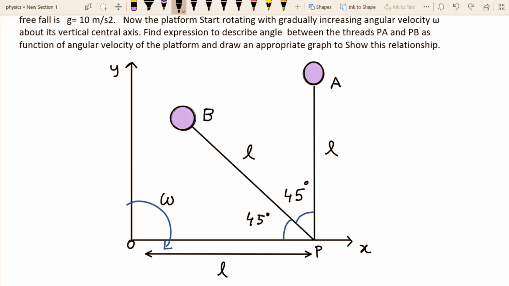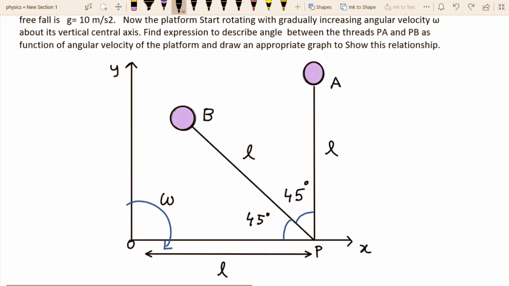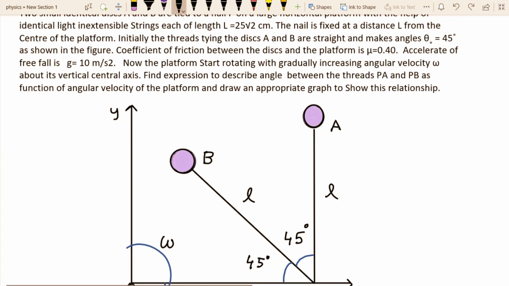First of all, let us see carefully what they are asking in the problem. They are asking for the expression to describe the angle between PA and PB as a function of the angular velocity of the platform, and to draw an appropriate graph to show the relationship. That is the given question. Here you can clearly observe there is an angle theta between